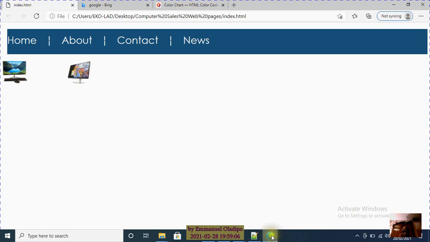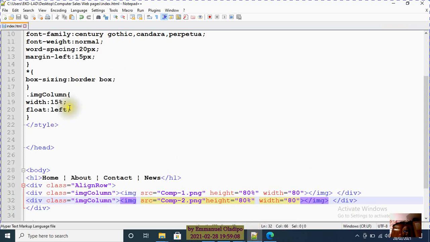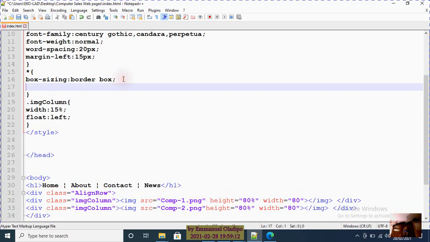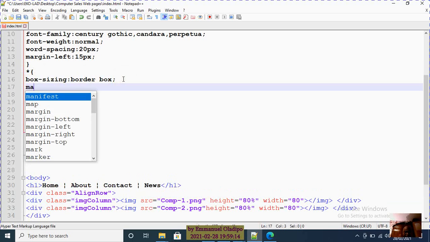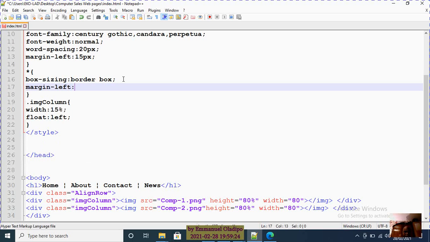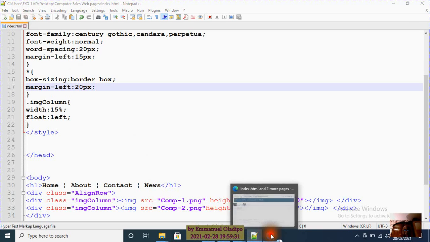Let's do that. I will go straight to my row, my box sizing, which is my row, and put margin-left. Let's make it 20 pixels. Okay, so if I go back there now,